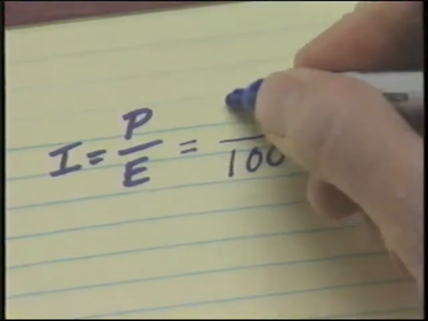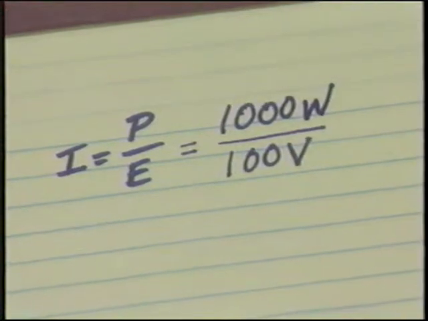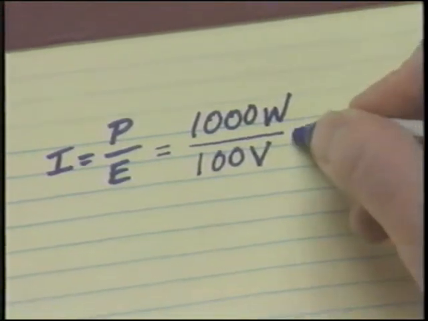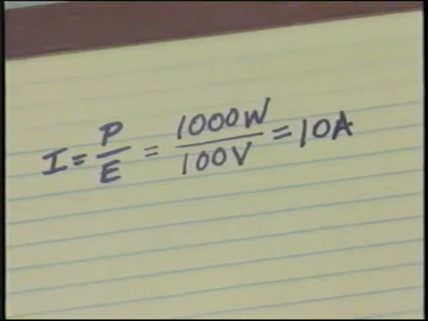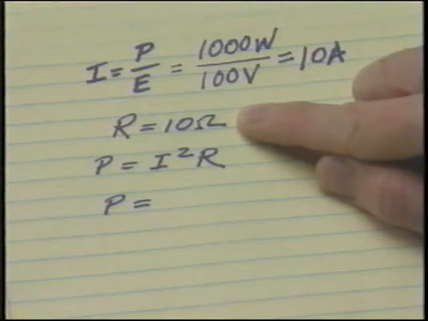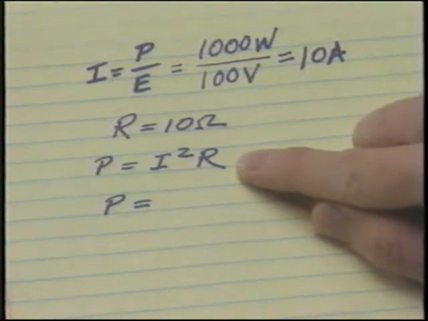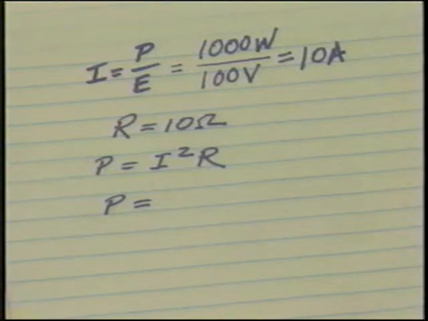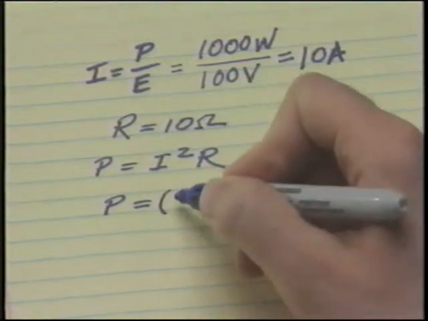If a DC voltage of 100 volts were used, then when the power demand was 1,000 watts, it would require a current of 1,000 divided by 100, or 10 amps in the power line. Assume that 100 miles of power line has 10 ohms of resistance. Since the power line has 10 ohms resistance and power equals current squared times resistance, the power loss, just in the power line, would be P equals 10 amps squared